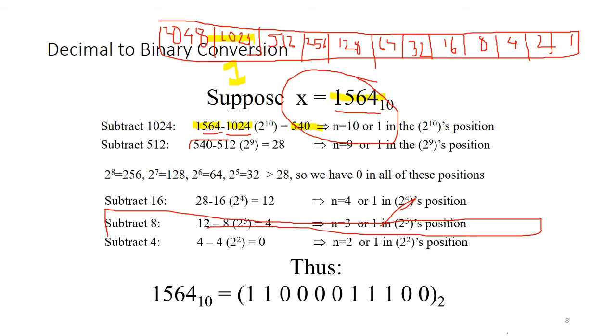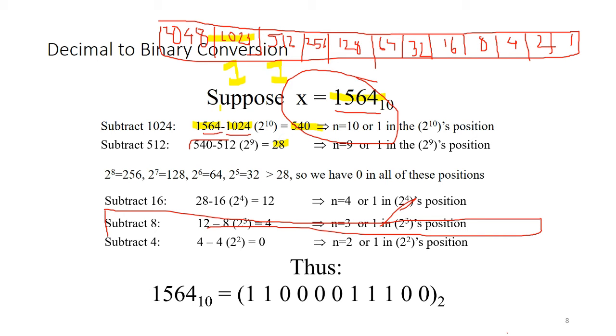Now this 540 is close to which value? This one, right? 512. This 512 is not only close to 540, but also it is near to 540. So this is less than and near, so this is a great choice. So we have to pick this and write down a 1 underneath this one. 540 minus 512 gives us a value of 28.